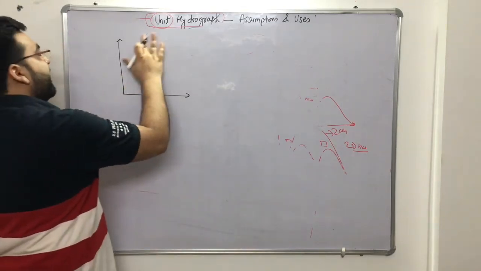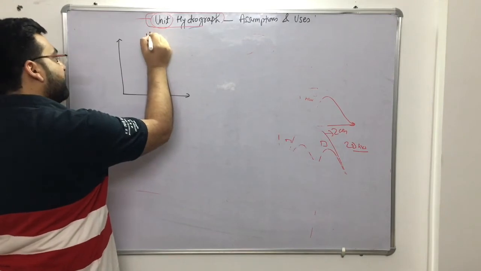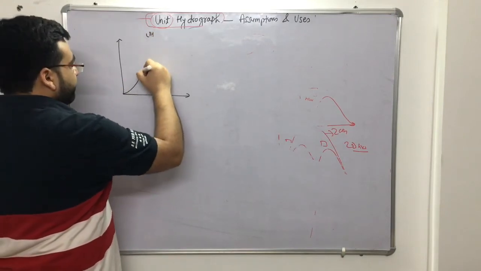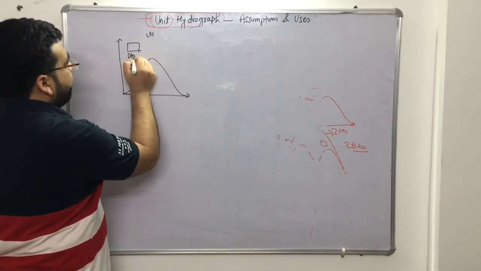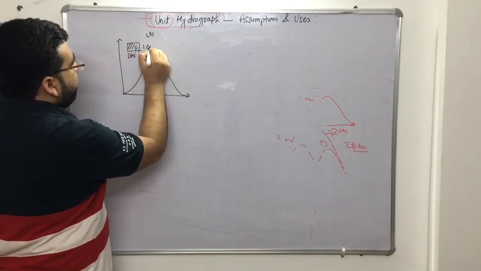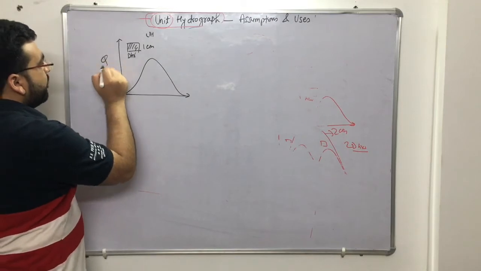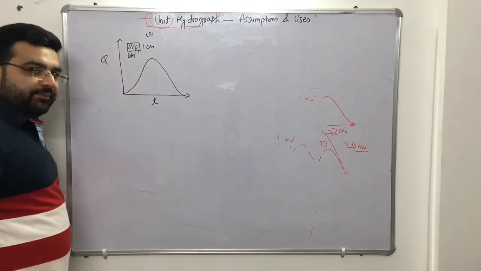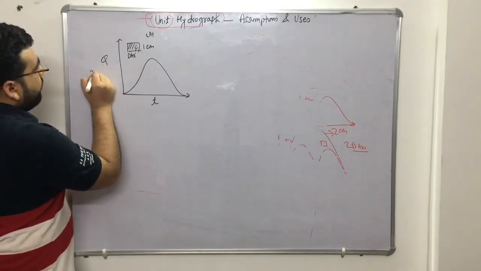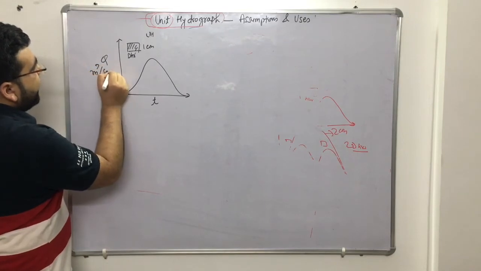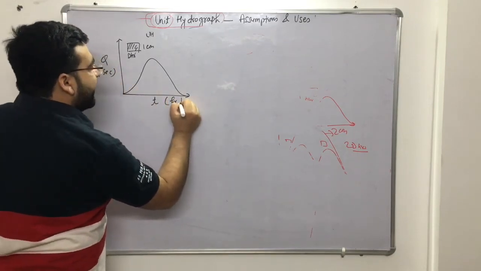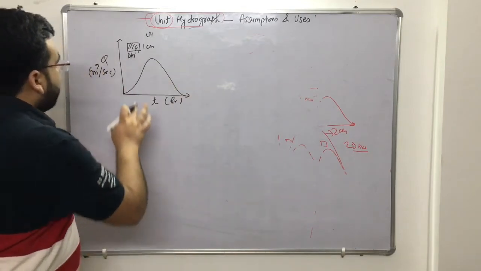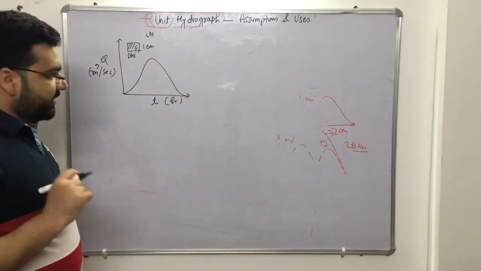Now let us say unit hydrograph. Let me take the unit hydrograph. This is your unit hydrograph, right? D hour duration of rainfall and 1 centimeter of depth, right? This is your Q and this is your T. Clear? What is the unit of Q? Meter cube per second or meter cube per hour, whatever. And what is time? It can be in hour, it can be in second, whatever. Clear? Okay. Generally it is in hours, right?